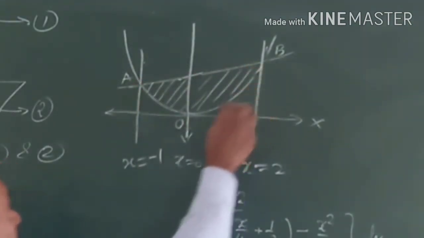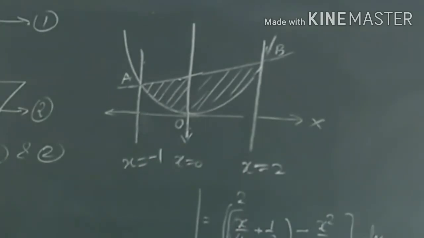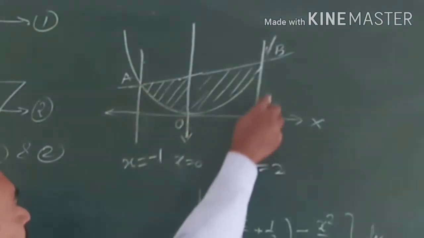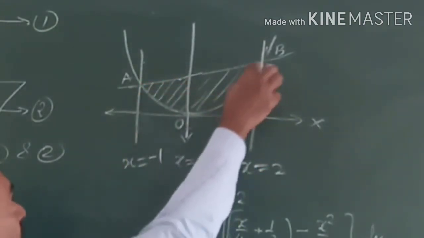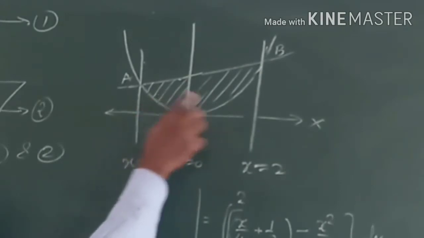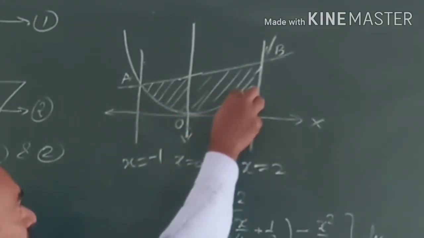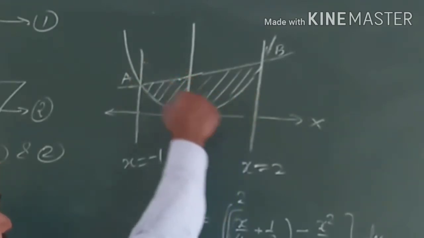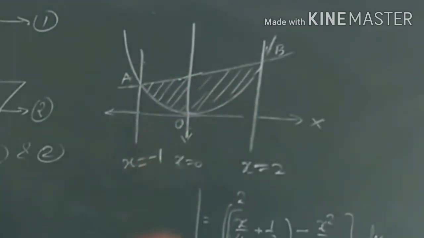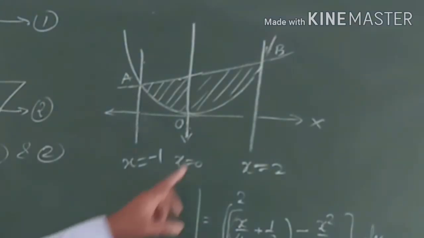This is the line. When you find the area of y into dx of the line, we will get the area of this trapezium, but we want only this shaded part. So this part, which is the lower side of the curve y is equal to x square is equal to 4y, is removed. So subtract this area: y line minus y curve means this part.